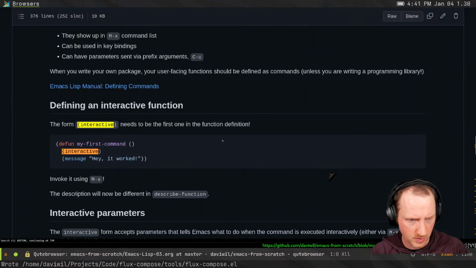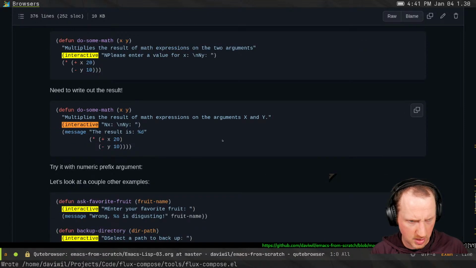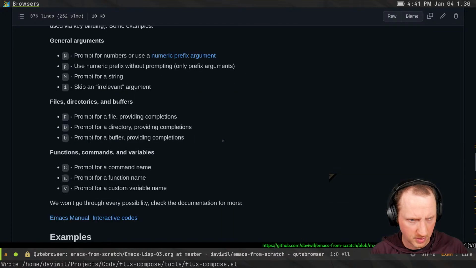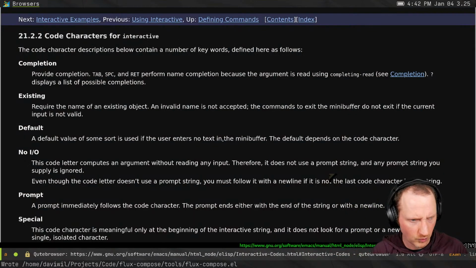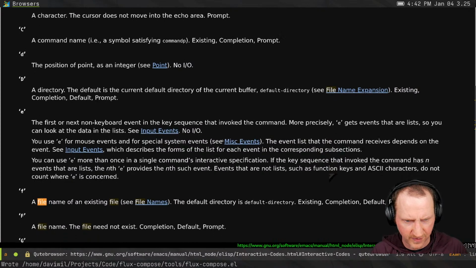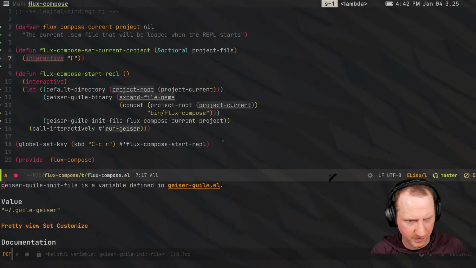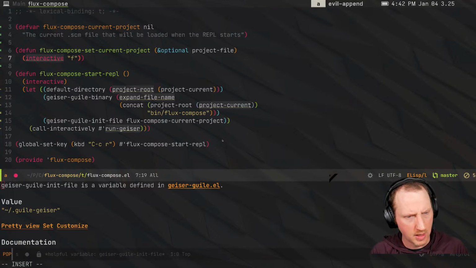Interactive. So that's in. Did I even mention this? Or did I link to the docs? Interactive codes. There it is. Okay, good. File. D for directory. F for the file name of an existing file. The default directory is default directory. Cool. So I'll use F, lowercase f for that. And